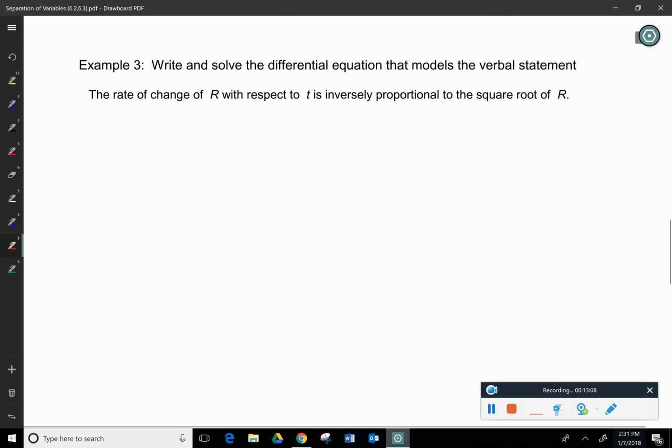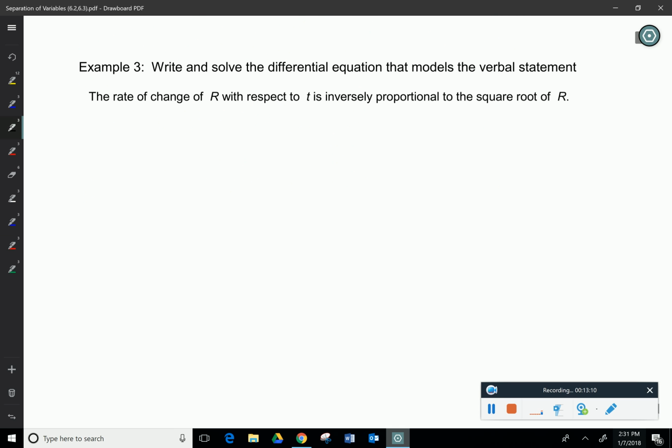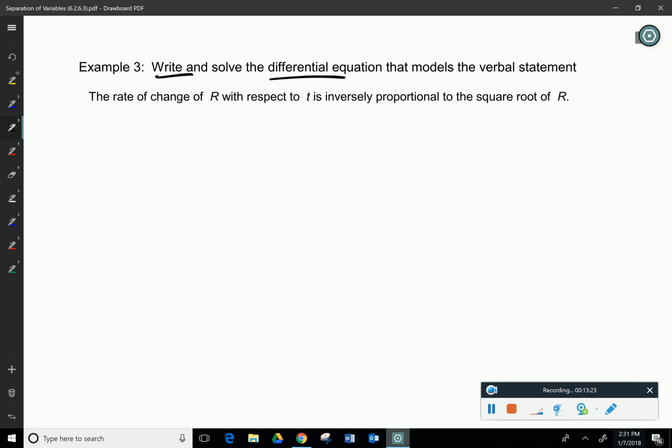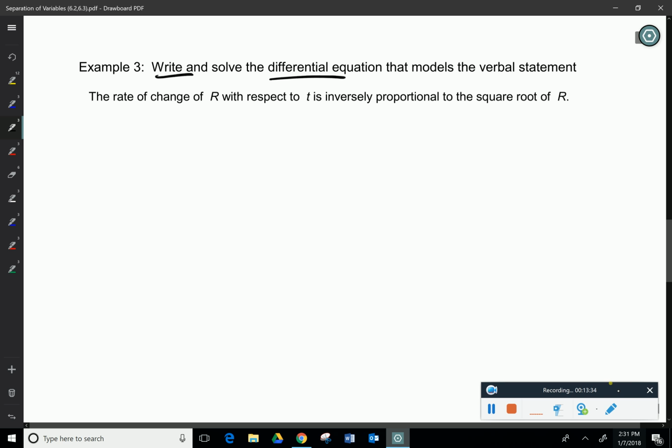Okay, so last example. Look at this one, and this would be kind of an example of a multiple choice. It says, write and solve the differential equation. So if we're writing the differential equation, that means we're going to have dy dx equals, right? We're writing a derivative equation. And then if we're solving, we're doing like we did above, where we're trying to find the original. So it says, the rate of change of r with respect to t. Well, dr dt